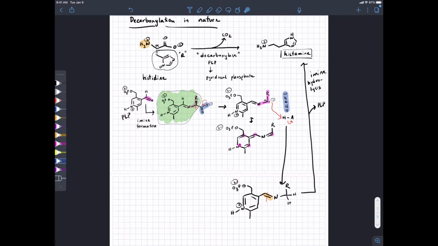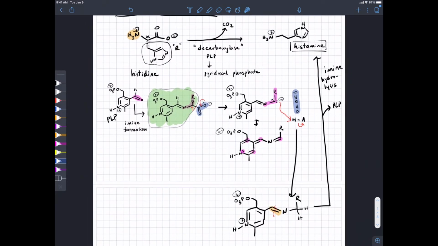Okay, anything you want to ask about that? Sure. So PLP hydrolyzes. We're going to hydrolyze the imine with water, and the enzyme is going to catalyze that. What I meant by that is that PLP is this portion of the molecule. When we hydrolyze the imine, this side is going to be an aldehyde again, and this side is going to be an amino group again. So we're going to regenerate this PLP molecule, and then that releases the amino portion of the molecule, which is